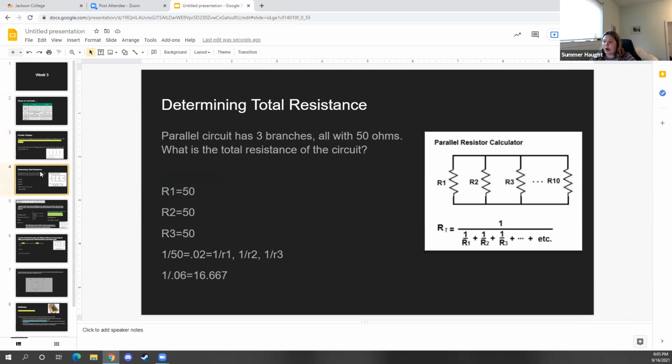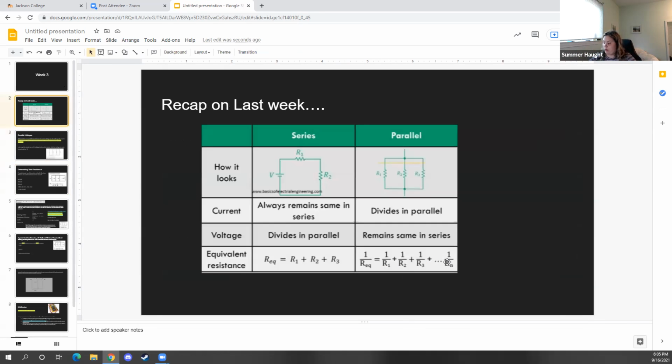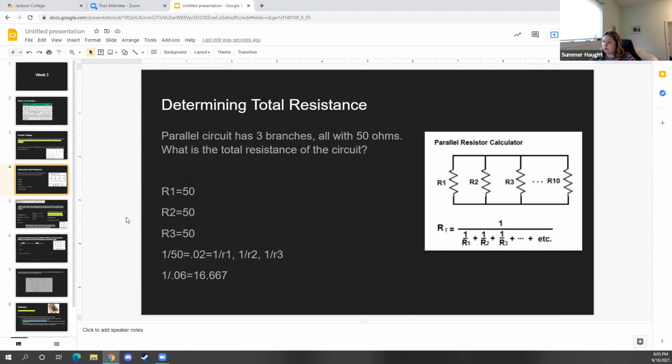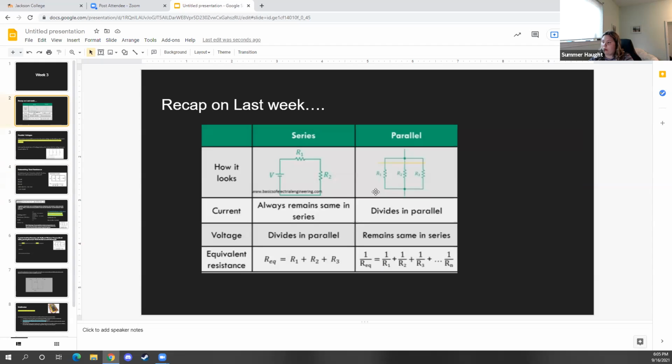So now we're going to do a little example about how to use this equation. This one right here, because again, this is how you're calculating the equivalent resistance or the total resistance of a circuit. So this is how I would recommend doing it. As you can see, this is the same equation there. It looks a little bit different